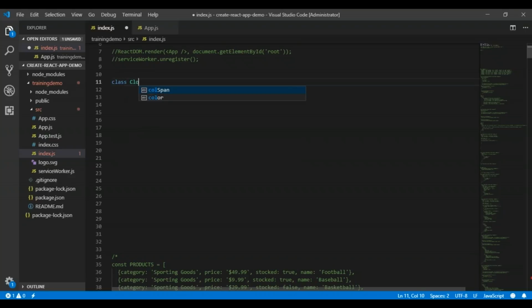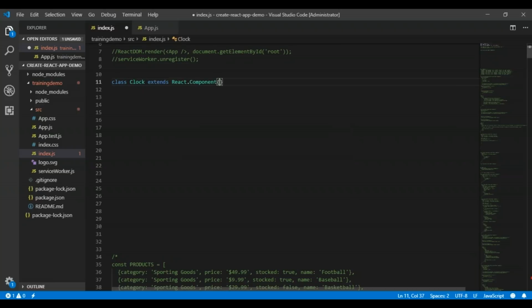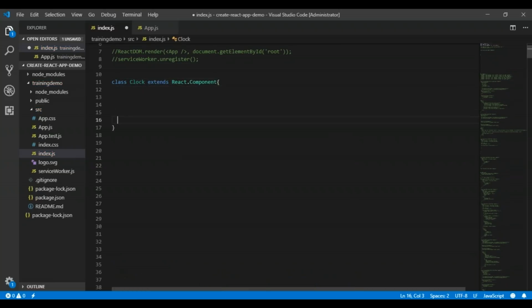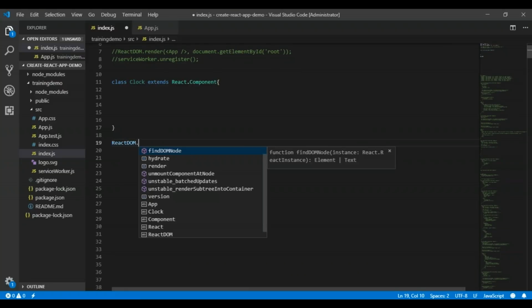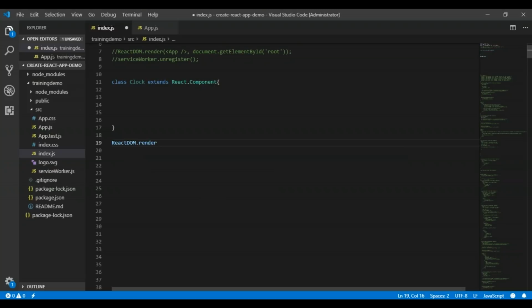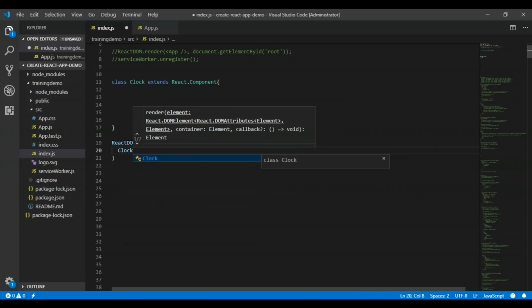I'm creating a component. So I'm writing class Clock extends React.Component, just like we write every time. But before completing this class component, I want to write what is going to render on the browser or on the DOM. So ReactDOM.render. What I want to show is this Clock component.